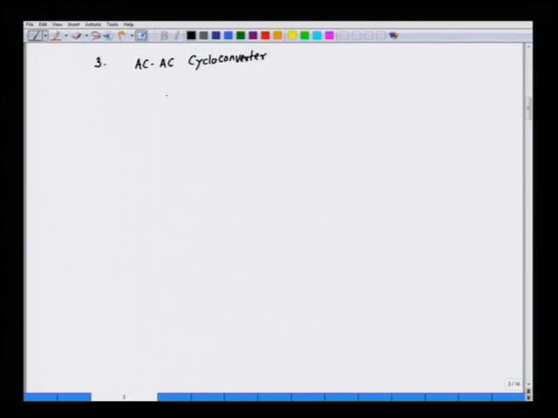So, in this case what we have here, we have the cycloconverter, and the cycloconverter is shown by means of a dual converter block like this, and the input in this case is an AC power supply, 3-phase AC, and the output here is the AC motor,